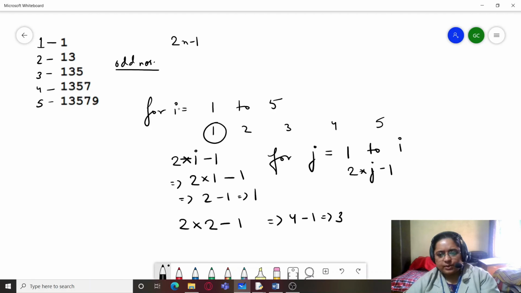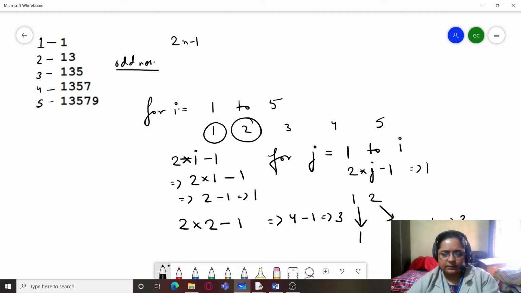So that means 2 into 1 minus 1, which is equal to 1. Next time when the value of I is 2, j will be taking up values 1 and 2. So for 1 it will be 2 into 1 minus 1, which is equal to 1, and here it will be 2 into 2 minus 1, which is equal to 3. So we will get 1 and 3.